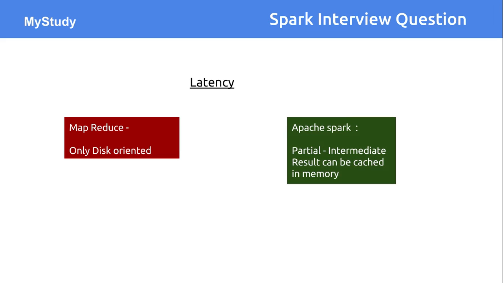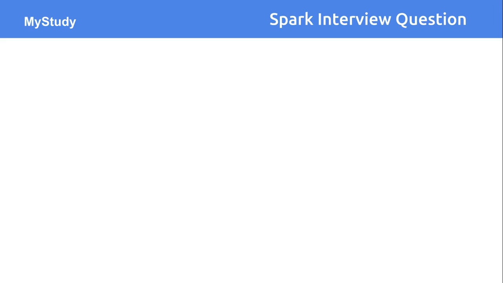But in case of Apache Spark, you can even cache this partial or intermediate result in memory only. So once your map part or some portion of your problem statement has been completed, you can cache those results because you want to use that result later in your data processing task. So you can cache those results, even those partial results also. So that is one of the very big advantages, that data itself is available at an intermediate state in your main memory only, so data can be cached very easily.